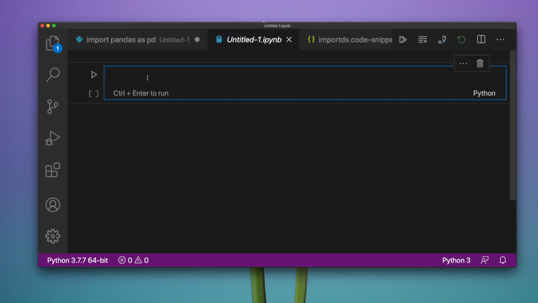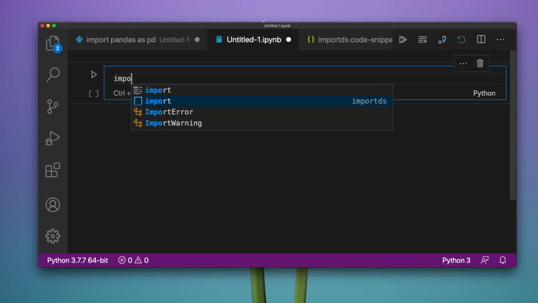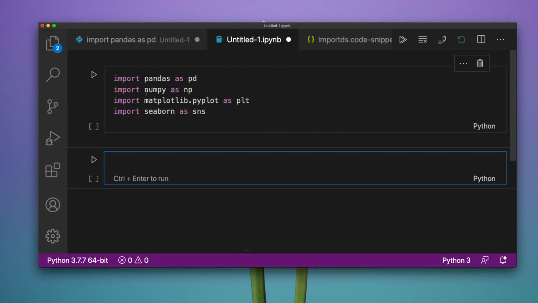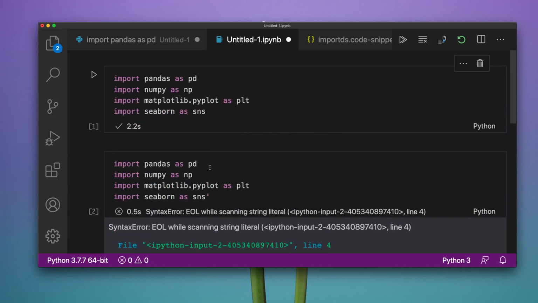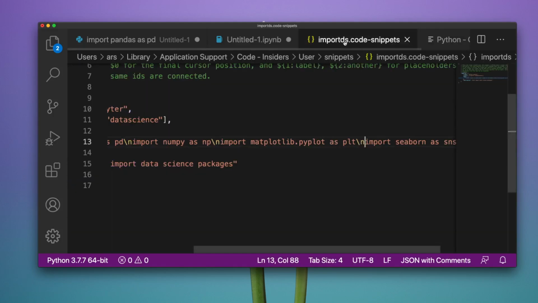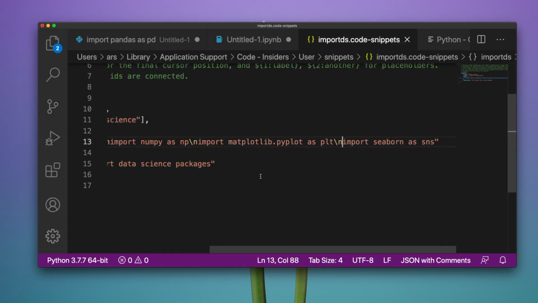So in this, now I'm going to say import, and you can see I just simply ran it. So I can just load it. Or I can say data science and then I can import. Sorry, I've added data science and import. So what if I want a simple code to run?